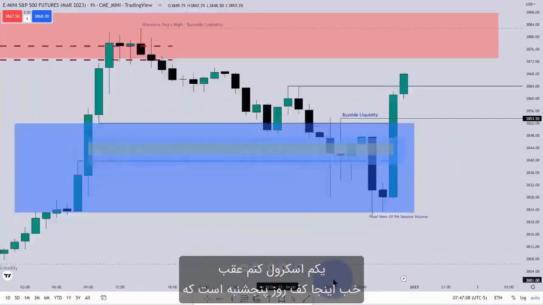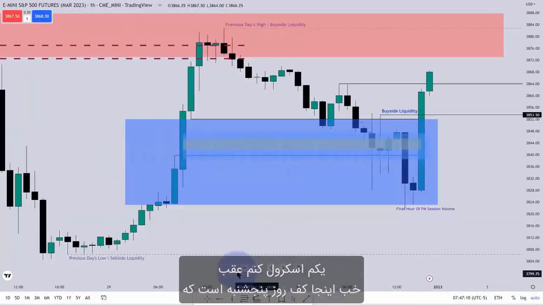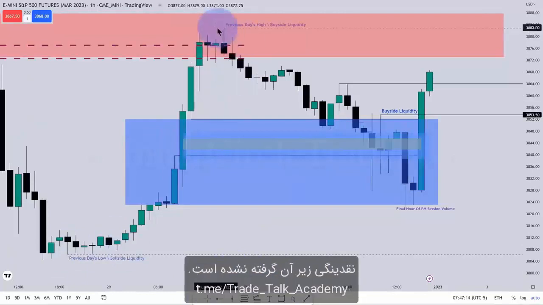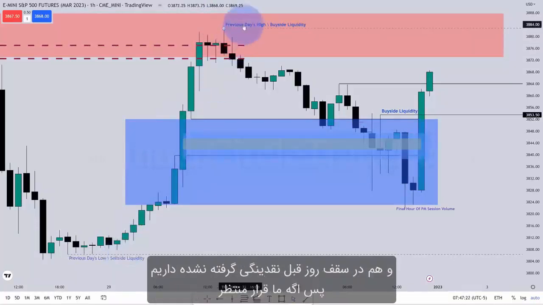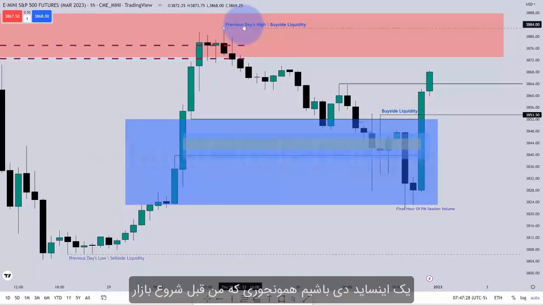Okay, and I'm going to scrub back over here. So here is the low from Thursday's trading and the liquidity thereof, and Thursday's high. So we have previous day's low sell side liquidity pool noted, and Thursday's high buy side liquidity noted. So if we're going to be expecting an inside day, as I was suggesting we would see on Friday, before